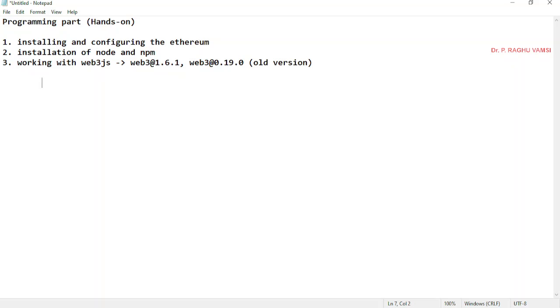So we all know that Web3.js is used to connect with the backend blockchain. Web3.js is the package that will be used for connecting with the front end.